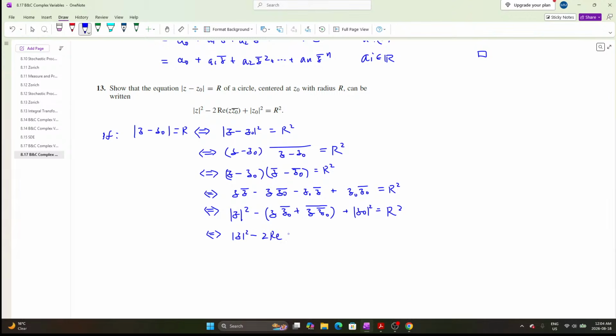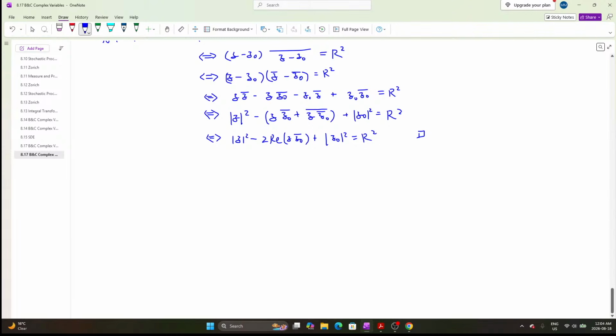It's 2 times the real part of z naught bar, and then plus z naught modulus squared, this is r squared. So that's exactly what we wanted, so we're done. Okay, that's 13. Next up,